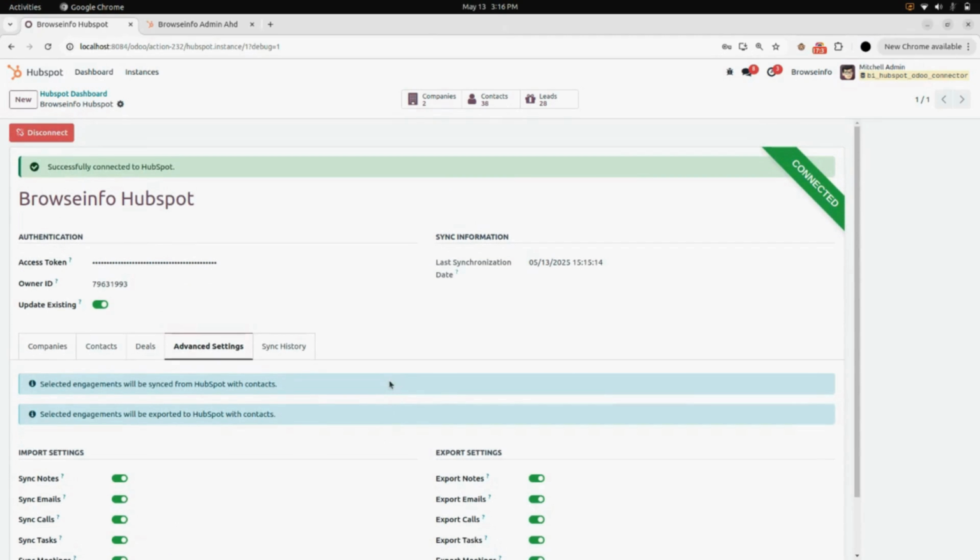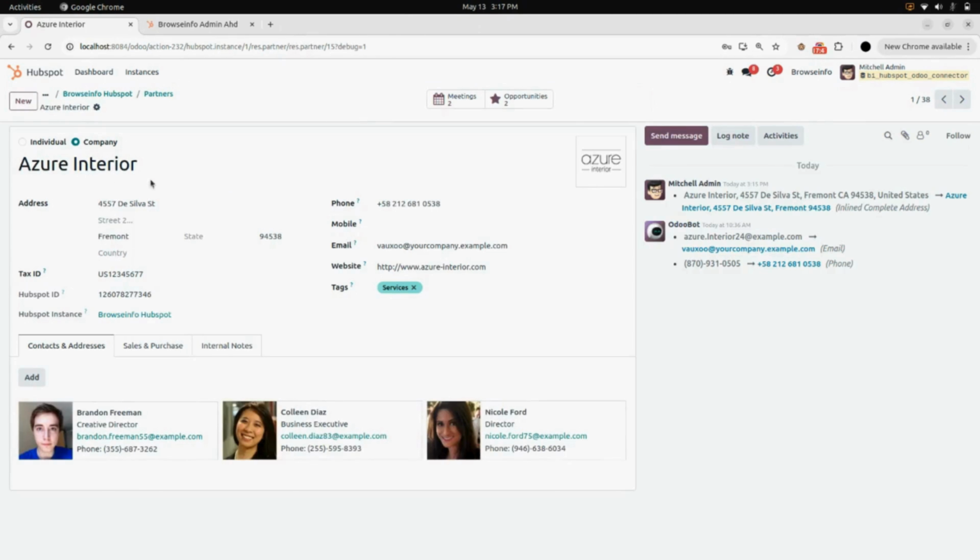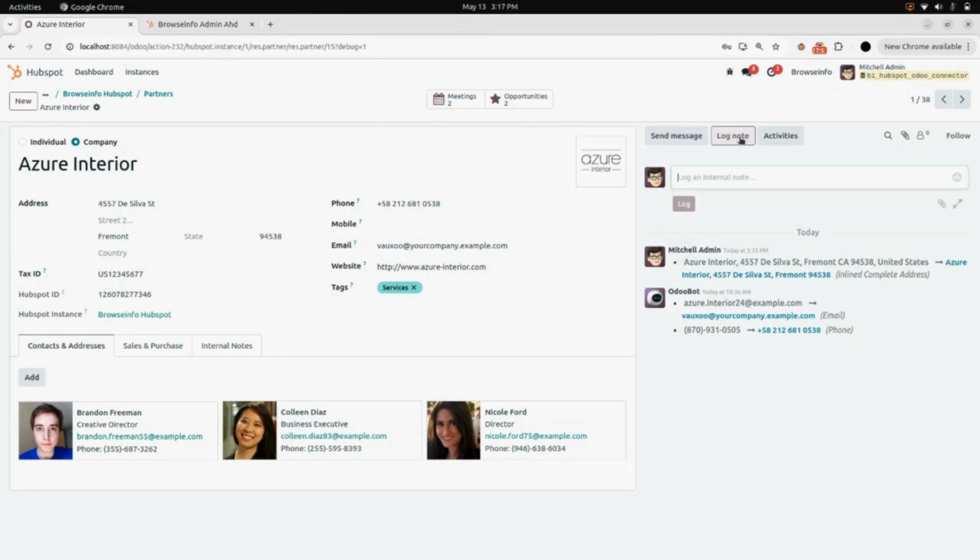Now we are going into the contacts, and in here we will be selecting any one contact. So I will be selecting Azure Interior as my contact. So in here you can see my contact. I will be adding a log note first of all in here. So you can see I will be adding the log note as hello, I am Azure Interior